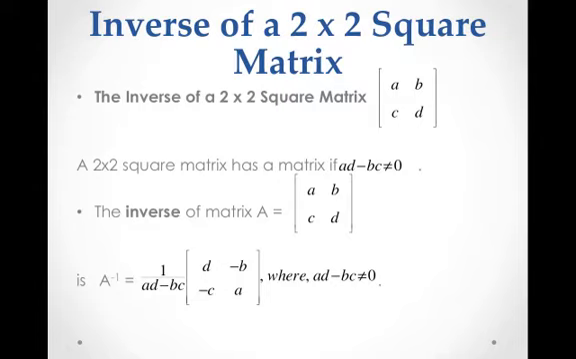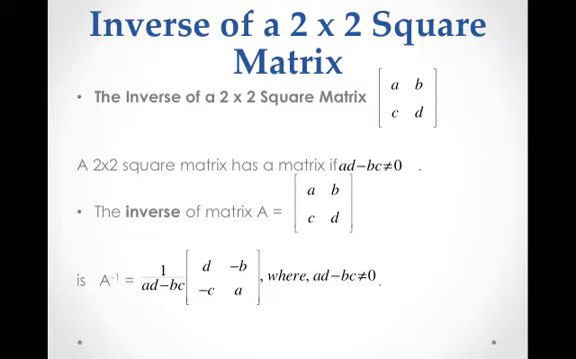The inverse of a 2 by 2 square matrix, A, B, C, D. A 2 by 2 square matrix has an inverse if AD minus BC is not equal to 0. The inverse of a matrix A, B, C, D, is A inverse equals 1 over AD minus BC times D,